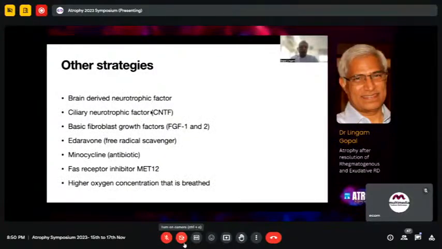Various other factors that have been tried are BDNF and CNTF. In fact, combination of the two was found to be better than any other of them. Edaravone is a free radical scavenger. Minocycline is an antibiotic. And high oxygen concentration in the inspired air is also supposed to be protective of the photoreceptors. So these are various factors that are being attempted to try and save the photoreceptors from damage following a